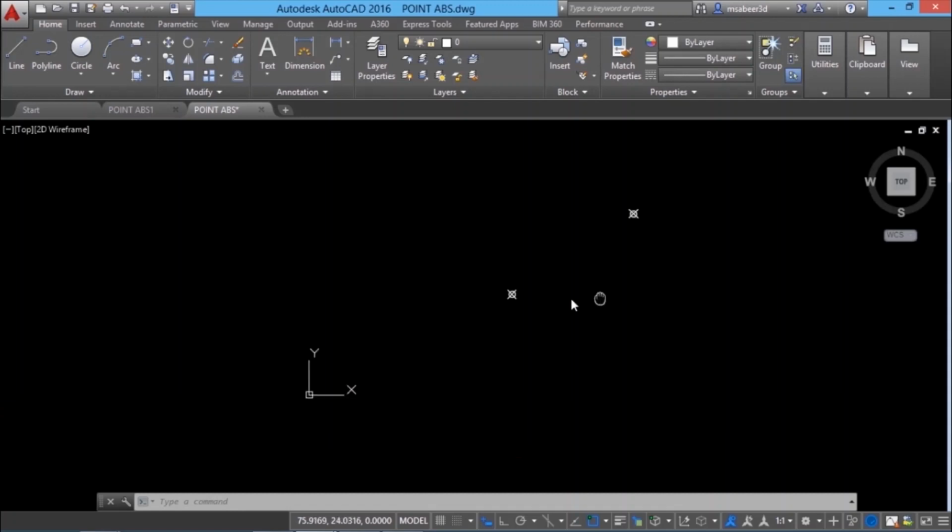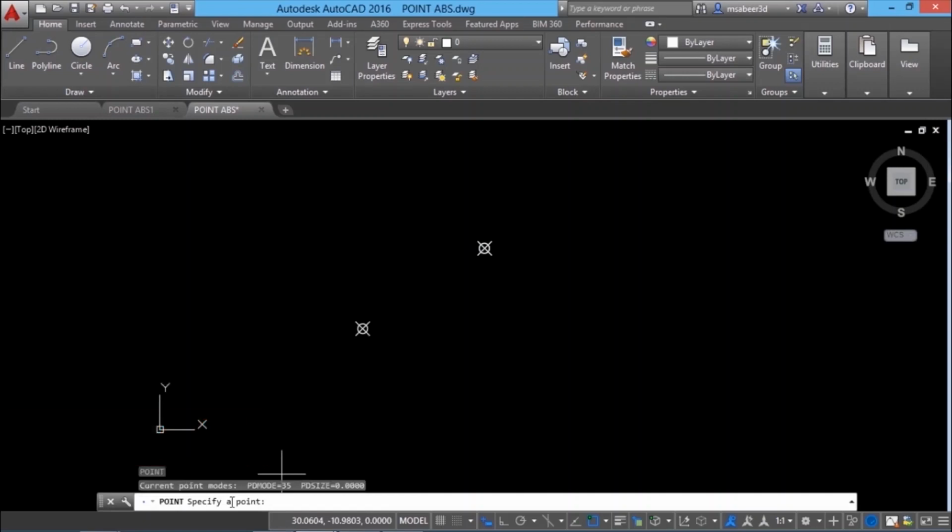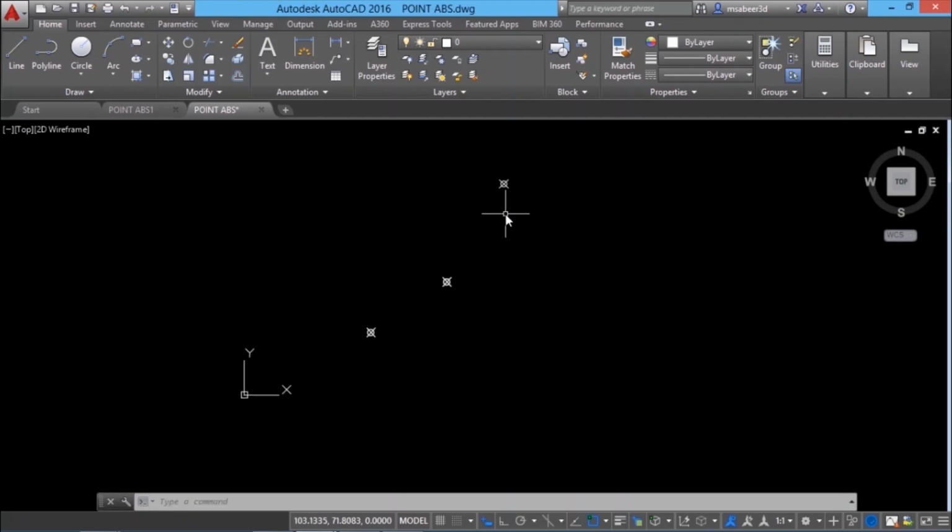I'll just zoom out and pan the screen slightly leftwards and I'll give the region command. Type RE for region, to see the point in the actual size. Then I'll type PO for point. When I'm asked to specify a point, I'll give @ because I want to refer the most recently plotted point. Then I'll give a distance, let it be 45 units. Then less than sign, less than indicates the angle. Then I'll give 60 and enter. That point is not visible because it must have gone outside the screen. So I'll zoom out a bit. Now you can see that this point is at a distance of 45 units with respect to this point and the line joining these two points makes an angle of 60 degrees with the horizontal.